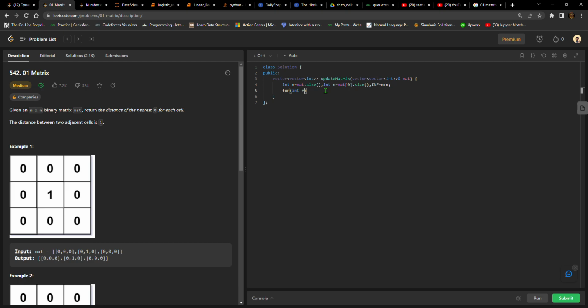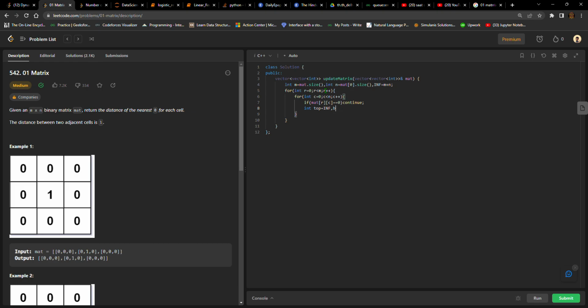Okay, iterating over each and every value of my matrix. For int row is equals to 0 till row is less than m, and row plus plus, for int column is equal to 0 till column is less than n, and column plus plus. What I need to do, if matrix at row and at column is equals to 0, then just continue. That is it, that is the right spelling. Yeah, else just take my top movement as infinite,